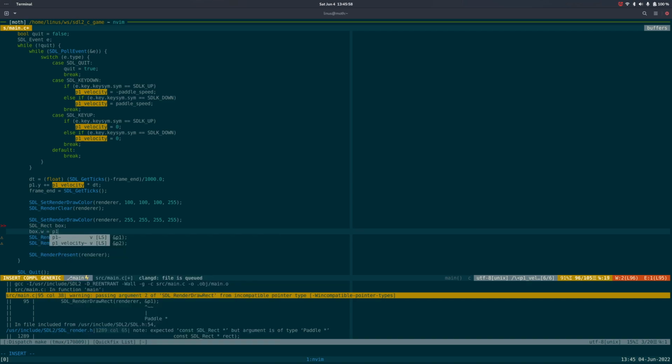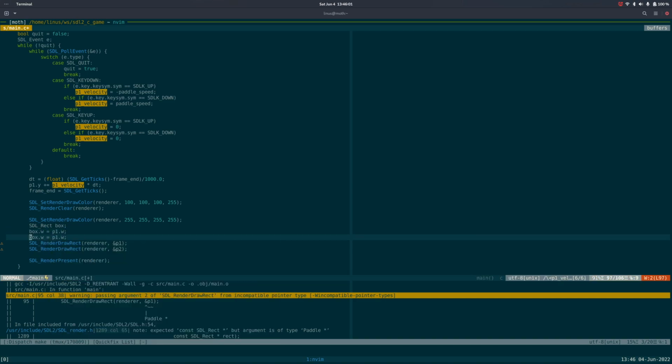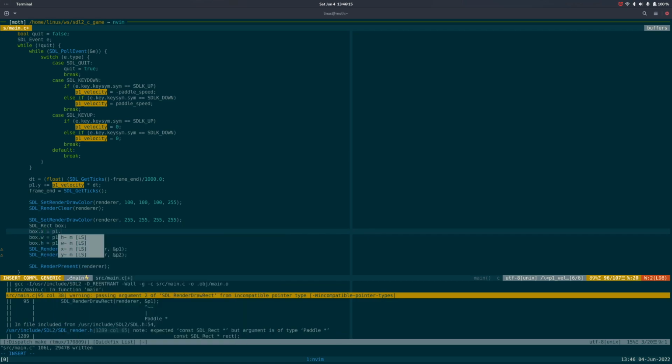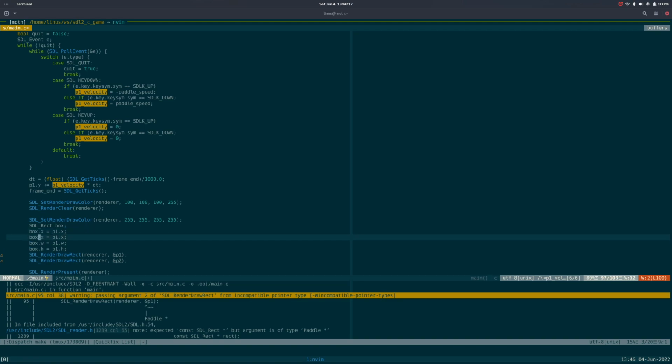Width, P1 width. This is always the same, so it's kind of stupid. We probably shouldn't define that in the player paddle things. X, P1.x. I'll do the same for Y. And then we'll do it. This is ugly, but yeah,